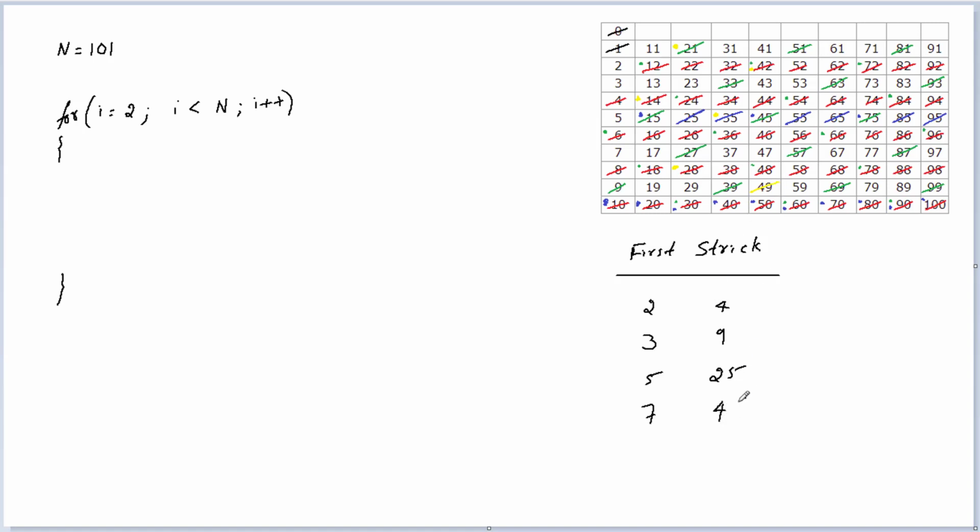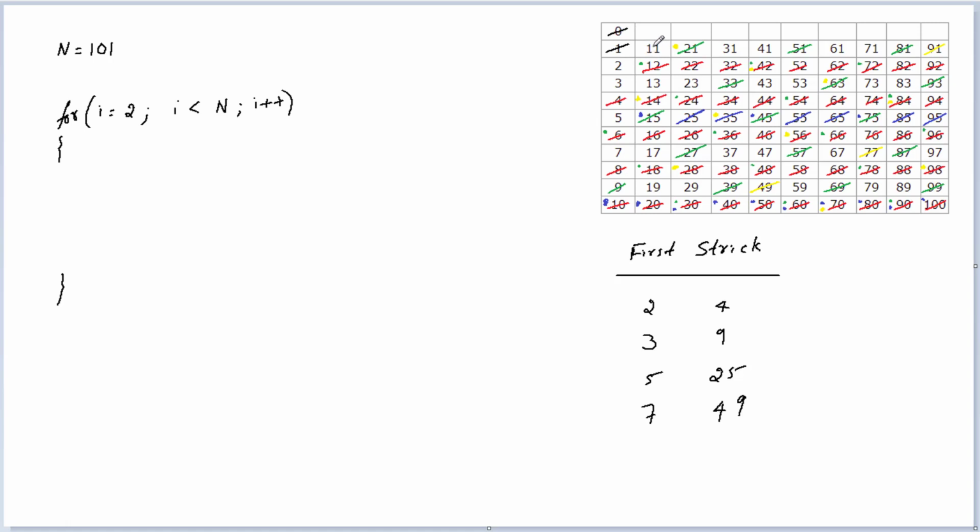49. And I'll go ahead and quickly strike all the multiples of 7 by adding 7 to the previously struck number, 77 plus 7 plus 7, and that's it. Now after 7 we have, all these are prime numbers by the way, we have 11 which